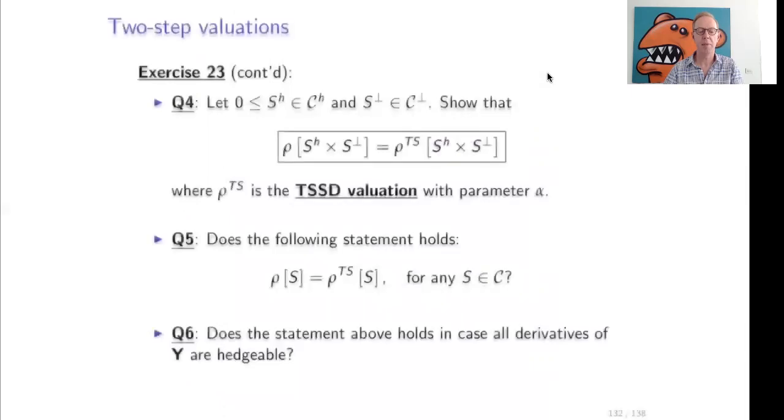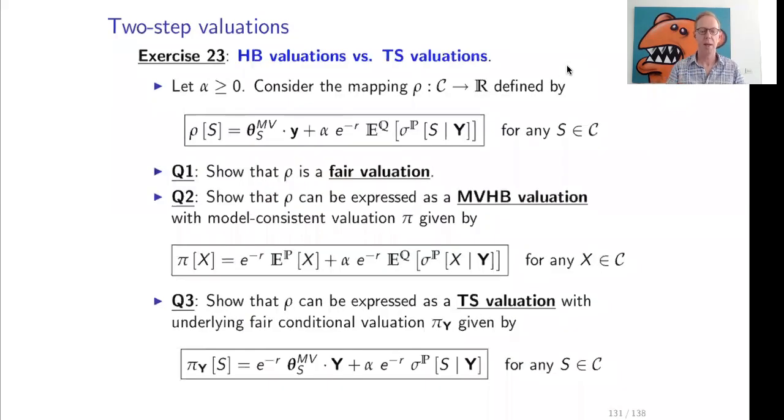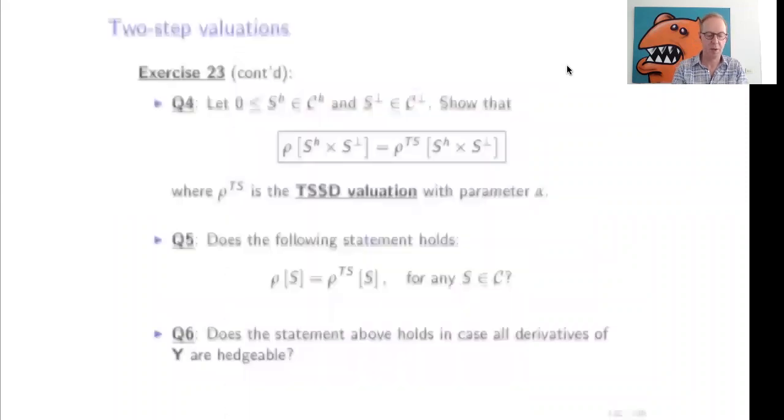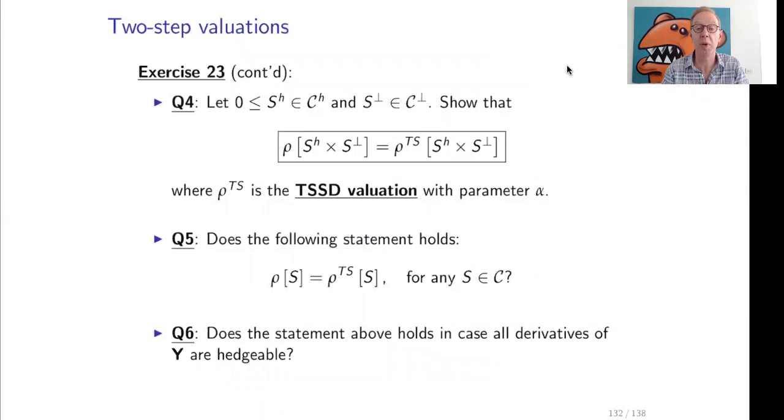Let us then have a look at exercise 23. Exercise 23 is about comparing hedge-based valuations and two-step valuations. I suggest you have a look at exercise 23 once you have studied all the material before, and if you can solve exercise 23 on your own, especially questions 1, 2, 3, and 4,